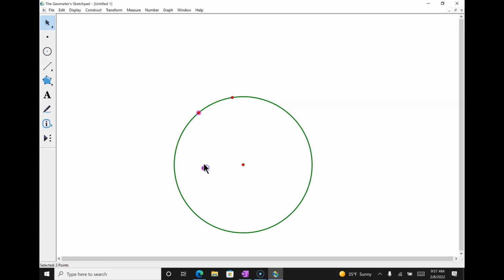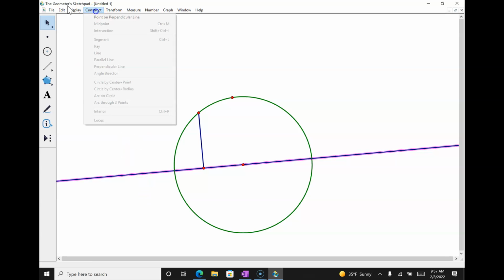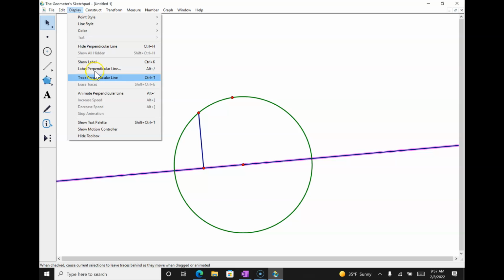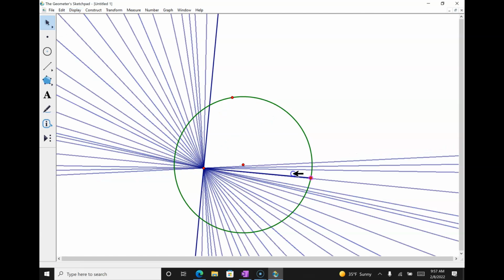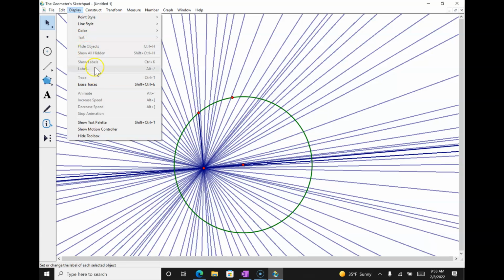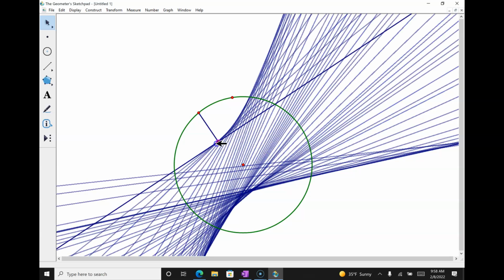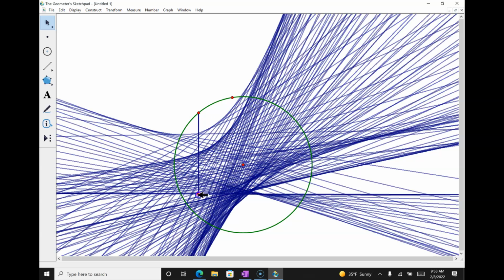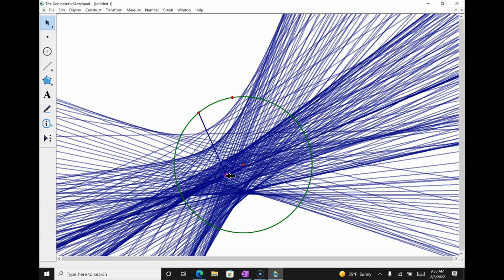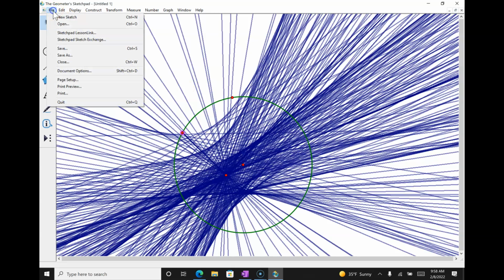I got a point. Eventually I'll get there. Construct segment, construct perpendicular, trace perpendicular, move my free point. Oops, wrong one. Move this point. And you can see I get a hyperbola. This is the cooling tower. Oops. No, I made a mistake. Anyway, you can see that